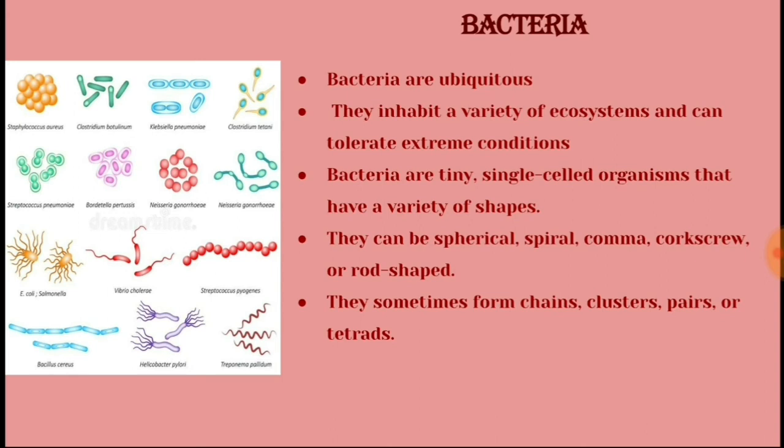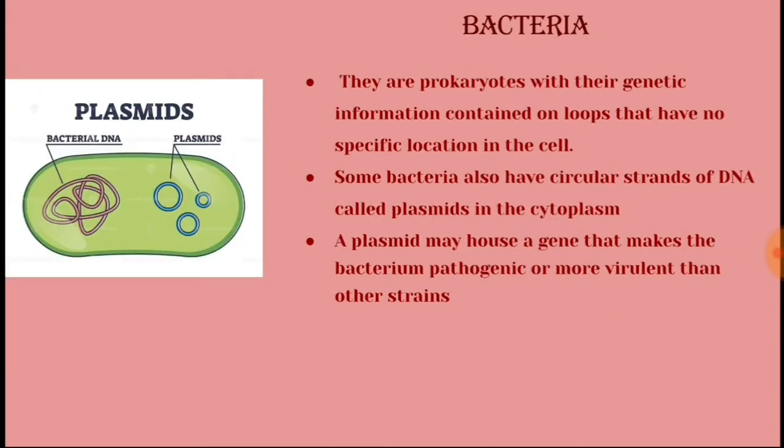These prokaryotes have no nucleus, with the genetic information contained on loops that have no specific location in the cell. So the genetic material isn't bound by any membranes or boundaries. They float in the cell cytoplasm itself. Some bacteria also have circular strands of DNA called plasmids. You can see that in the image also. There is circular DNA, which is a plasmid, and these plasmids help in replicating the bacteria